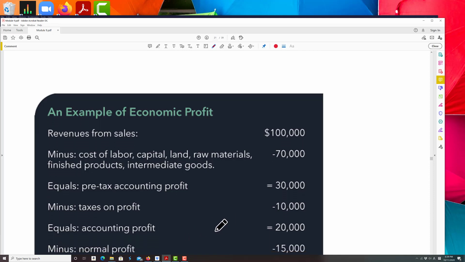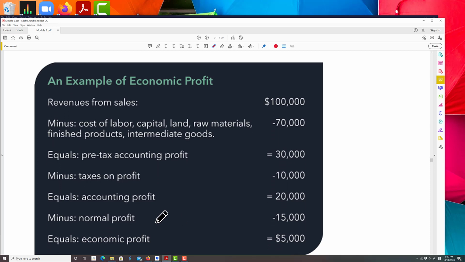So here is an example of how to calculate economic profit. Suppose revenue from sales was $100,000, minus the cost of labor, capital, land, raw materials, etc. These are all explicit costs, $70,000. So pre-tax accounting profit is $30,000, minus taxes on accounting profit of $10,000. The residual is called accounting profit, which is $20,000,